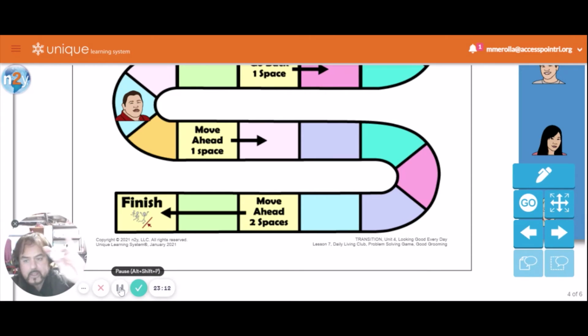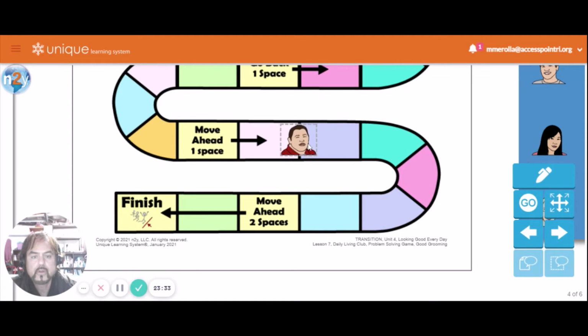Okay, we're gonna roll the dice again. Okay, we got a 4 and a 2. So that's 1, 2, 3, 4, 5, 6. Let me move Matt 6 spaces. Let's go to our scenario cards.